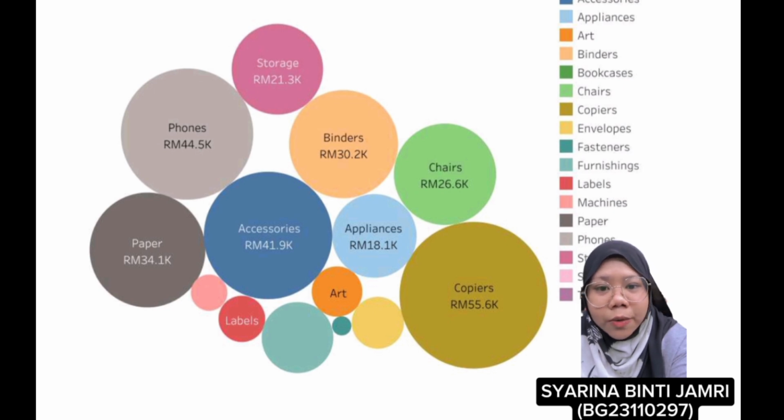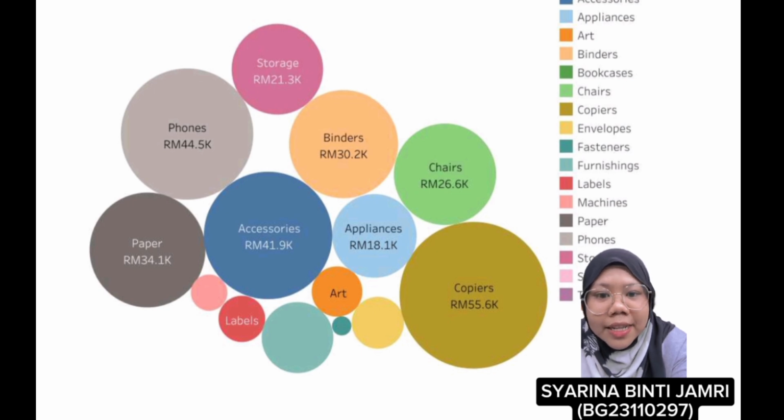Visual 7 is showing a bubble graph. A bubble graph is an extension of the scatter plot used to look at the relationship between three or more numeric variables. Each dot in a bubble chart corresponds with a single data point. In this chart, 17 categories are used, which are accessories,